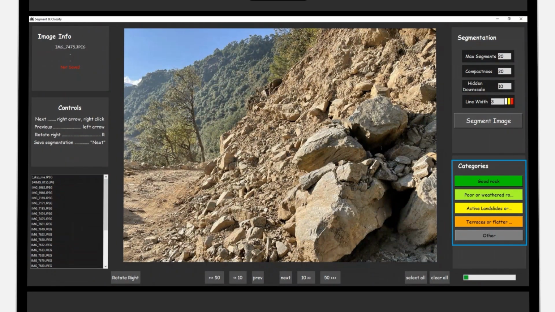On the bottom right of the screen, we can see that we can label the images in 5 classes: good rock, poor or weathered rock and colluvium, active landslides or instability, terraces or flatter ground conditions, and other, if the image does not belong to any of the previous categories. Right above it, we can see the segmentation section, which we use to segment the image and label each segment